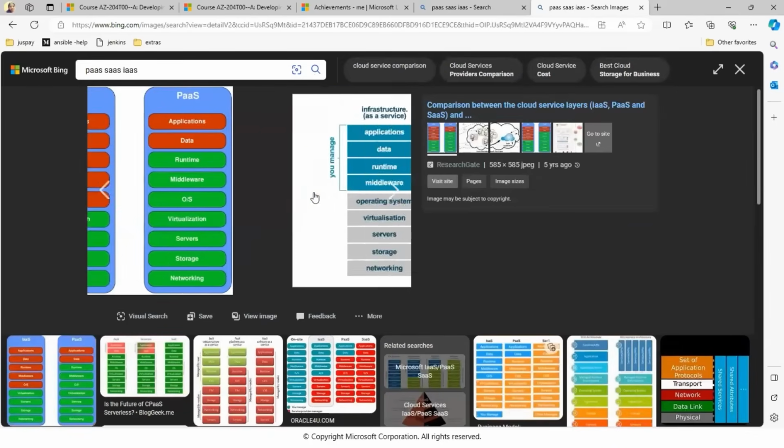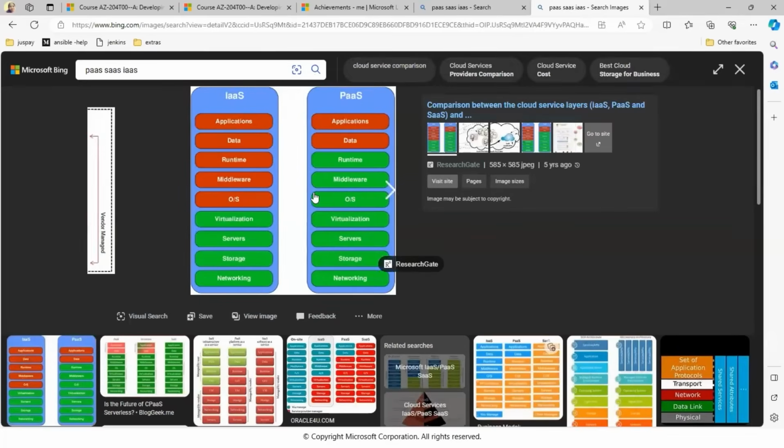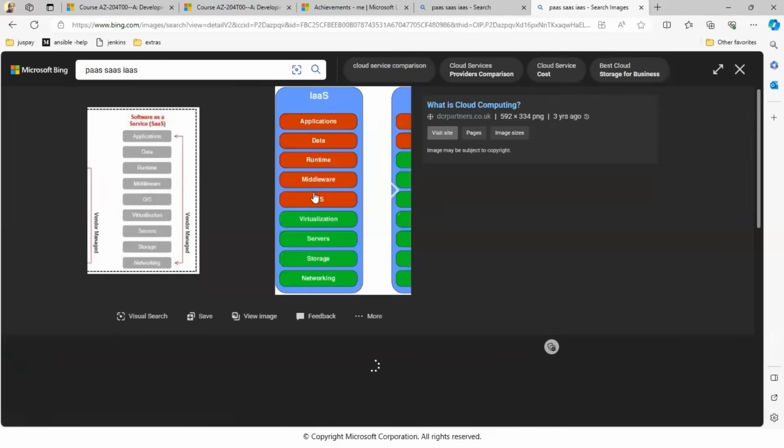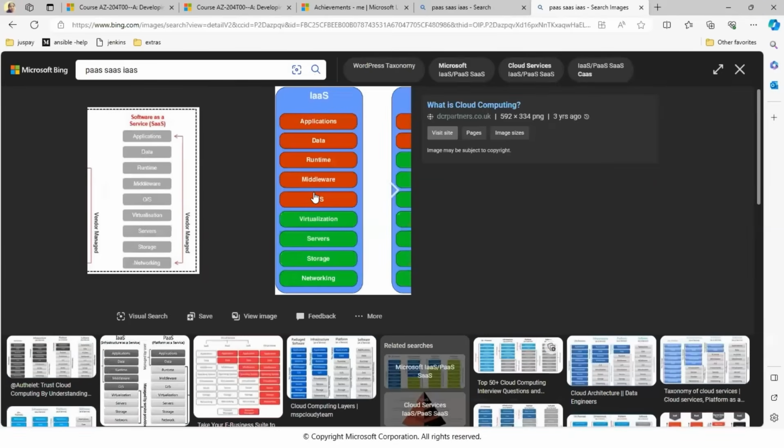So if it is infrastructure as a service, see all these layers, the green part here is being taken care of by your Microsoft Azure team, and the orange part is something that you take care of by yourself. You have leverage to do all modifications, all choices that you want to do in the orange part: the OS, middleware, runtime, data, and application.